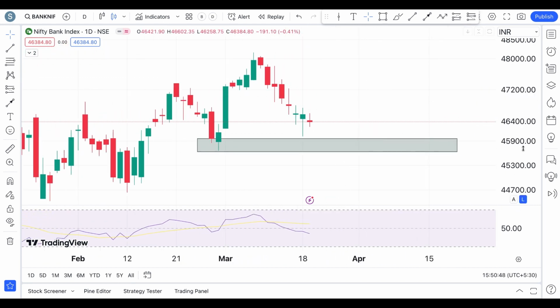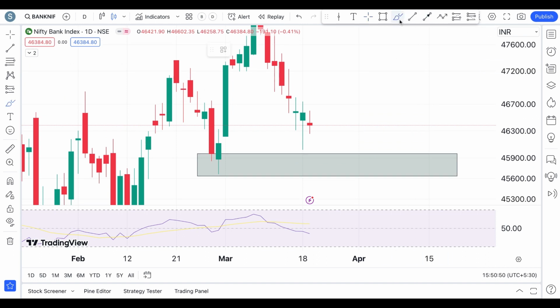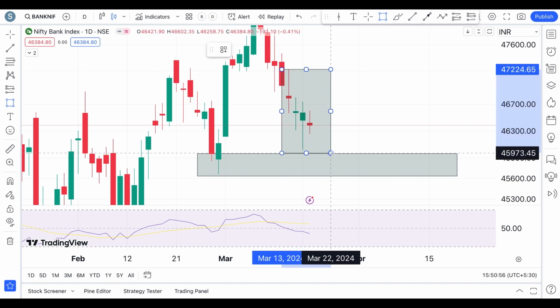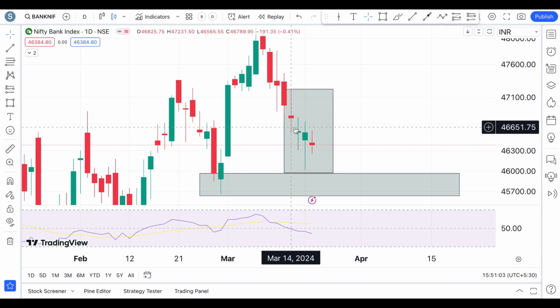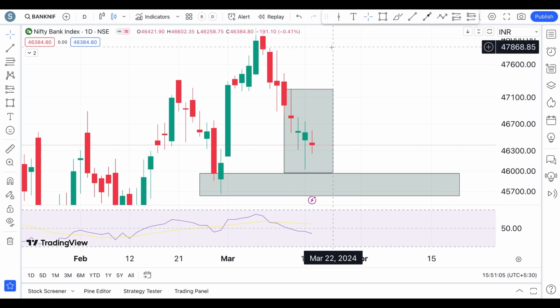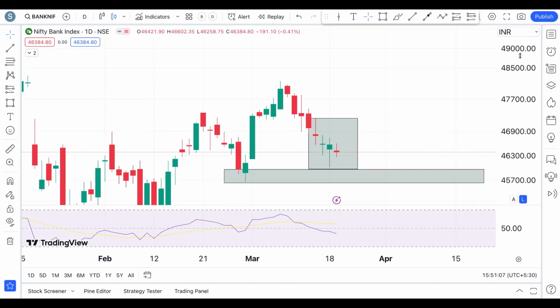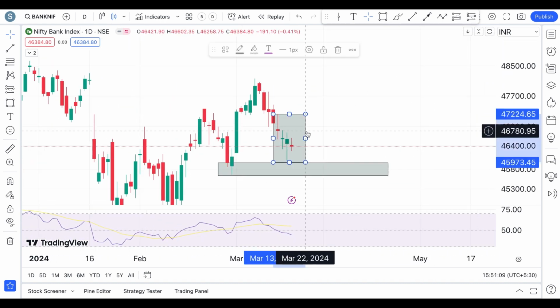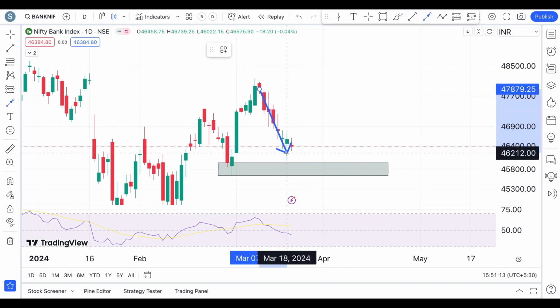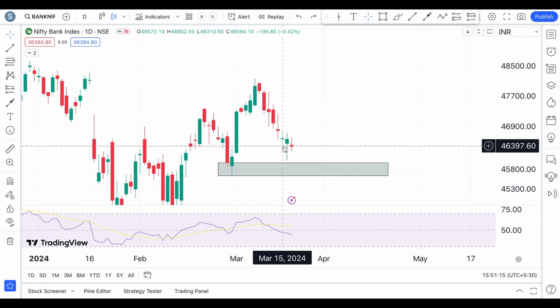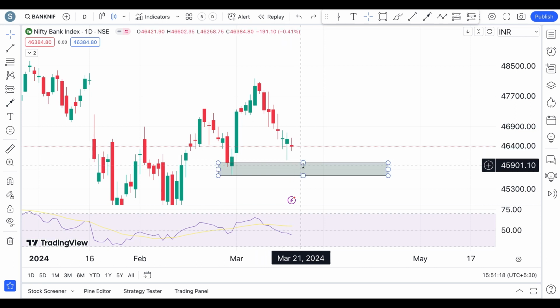And from the last couple of days, we are seeing a candle. See all these candles here, starting from this candle on March 14th. You see all these candles have huge wicks, either towards the upper side or towards the downside, in some cases on both sides. So even though we can very clearly see with our naked eye that the movement of the Bank Nifty is towards the downside, we are yet to see how far it can go, and it is very close to